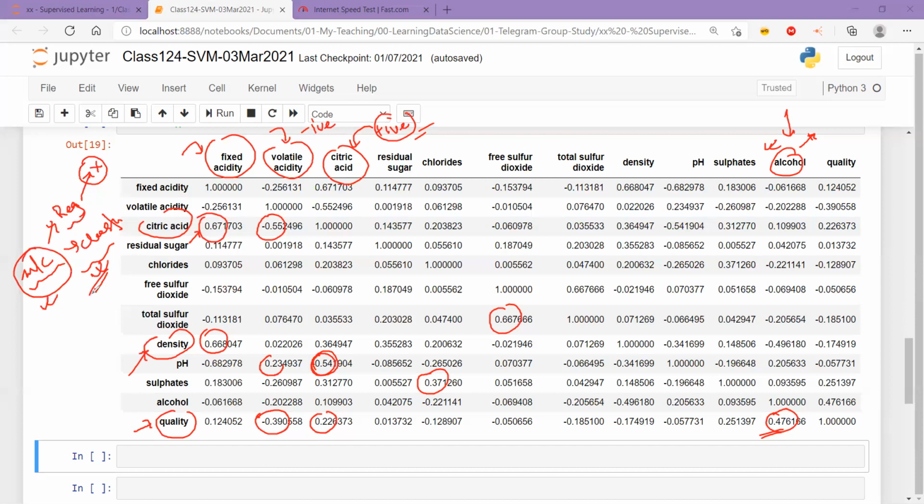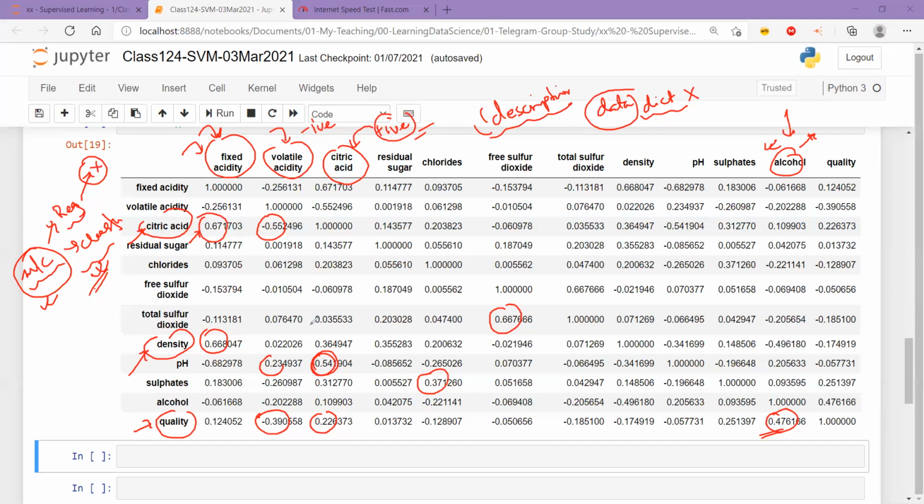Multicollinearity is definitely a problem, but as part of this use case, I need to know the data, or the data dictionary, which I don't know. I simply imported the data. If you look at my code, I just imported the data. I've not looked into the dictionary or the description of the data, so I am not a subject matter expert. If I'm not a subject matter expert, I can't choose if I need to keep fixed acidity or citric acid.